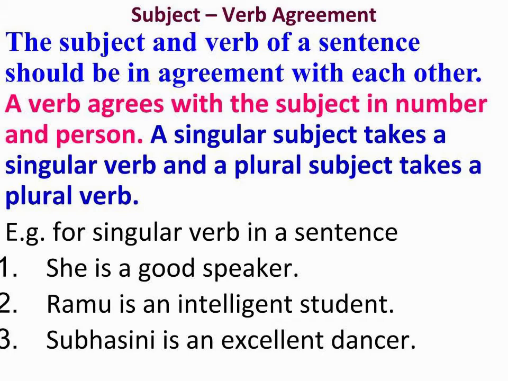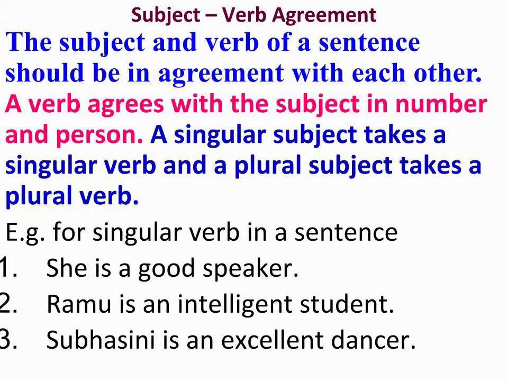For the singular verb, following are some sentences. She is a good speaker. Ramu is an intelligent student. Shivashni is an excellent dancer. So here she is singular, Ramu is singular, Shivashni is singular. That's why the verb is singular. So that we have to keep in mind. Let us see some of the